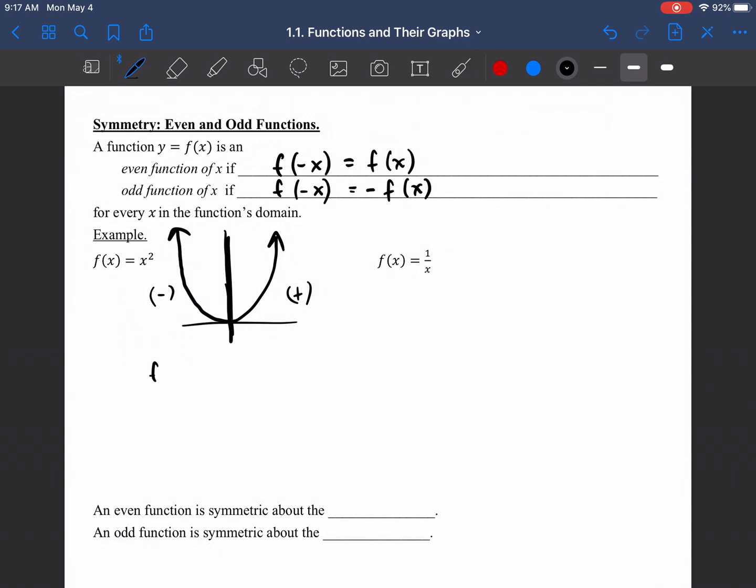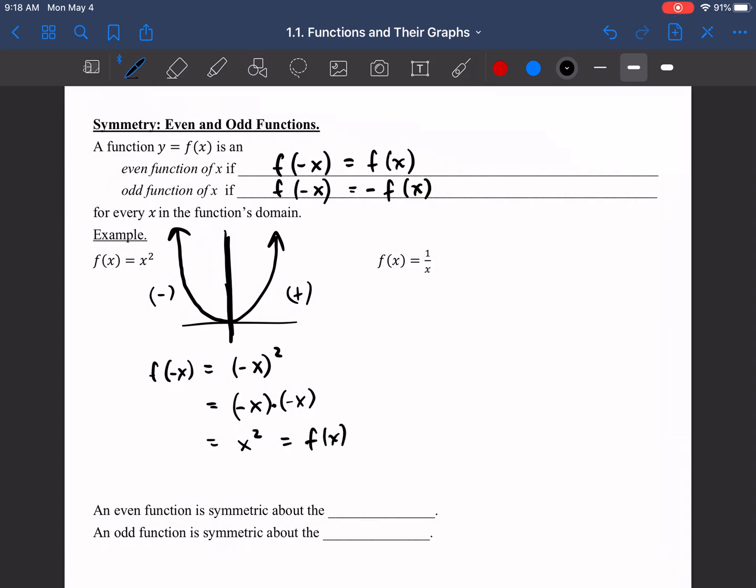You would do f of negative x, and that's going to equal, we're going to plug in negative x for x. And so we plug in negative x and get negative x squared. This is kind of like if we had said, what's f of 3? We would have done 3 squared. We would have put the 3 in for the x. We're just putting in negative x in there. And then we get negative x times negative x. And negative times a negative is a positive, so this is just positive x squared,